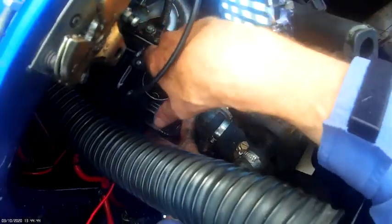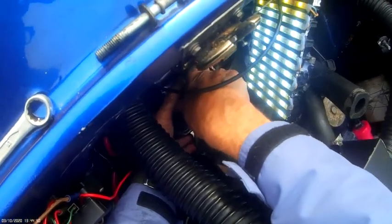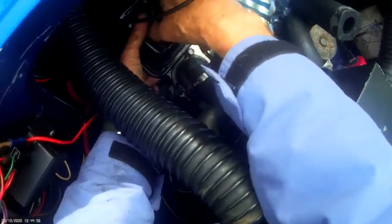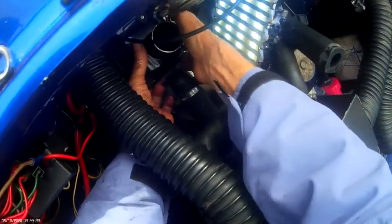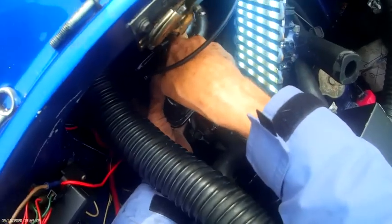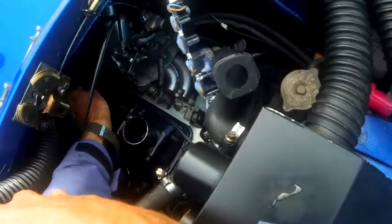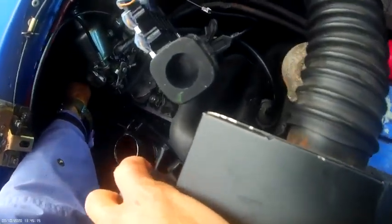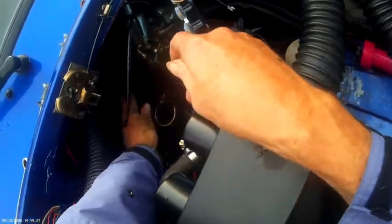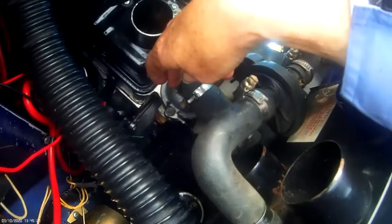That's real close, isn't it? Might be easier if you get the front on first. Oh, grief. This really doesn't make life easy for you at all. There you go. And then it drops straight on. So it's probably easier just to get the front on first, depending on how close you're